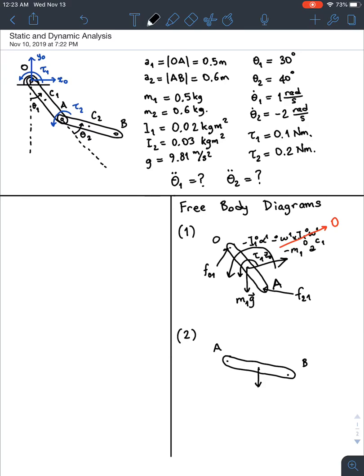force due to gravitation, or gravitational force, acts at the center of mass. It's m2 times g. The reaction force from the first rigid body to the second rigid body acts at point A. And then there's a torque, tau 2, that acts on this rigid body by a motor that is placed at point A, right? Okay, and